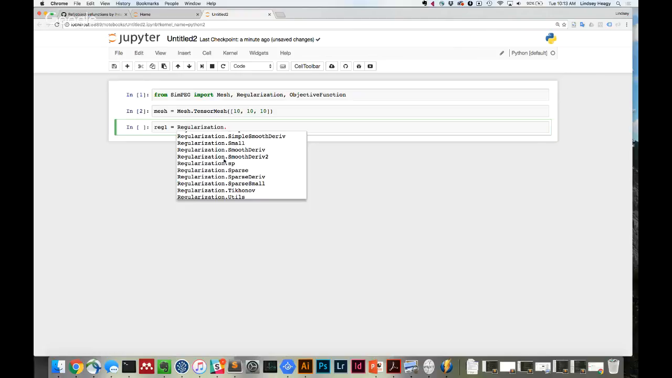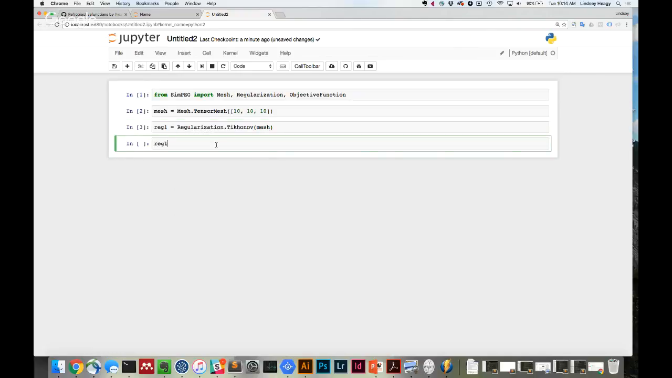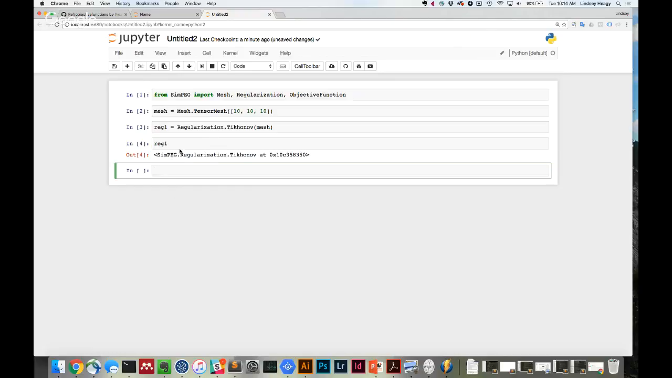Then smooth deriv and smooth deriv 2. And then there's simple smooth deriv. We don't have a simple smooth deriv 2 implemented yet, but it would be easy to have. So let's just take Tikhonov for example. So reg 1 is a Tikhonov regularization. So if we do